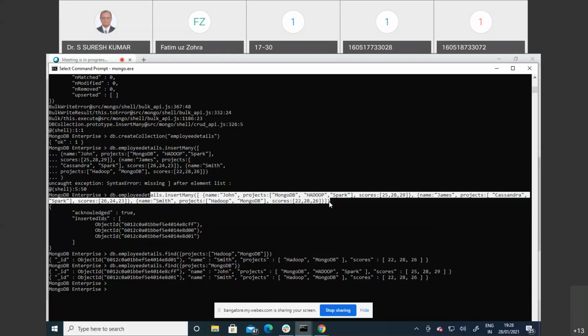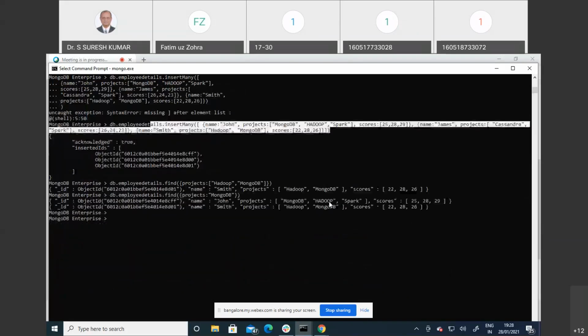Please tell me what logic will you use? I said the score field should have at least one element with a value which is greater than 26. So I'll use the greater than sign, but instead of using the greater than symbol, I'll express it in words. So what I will do, I'll say